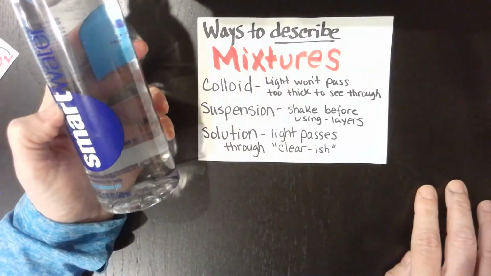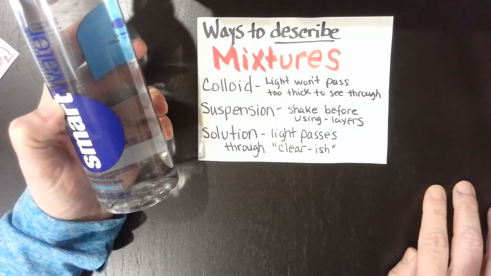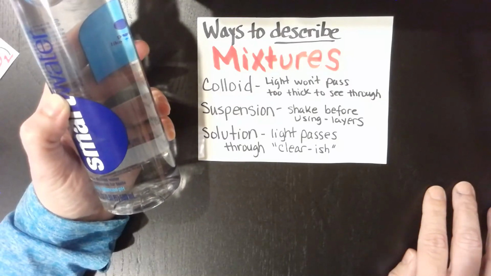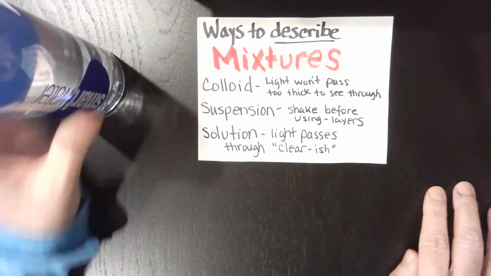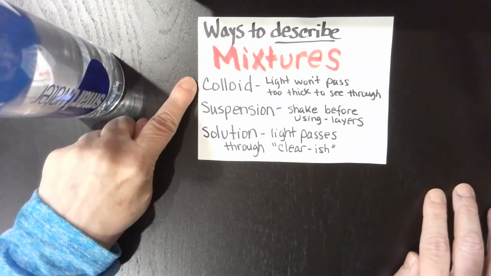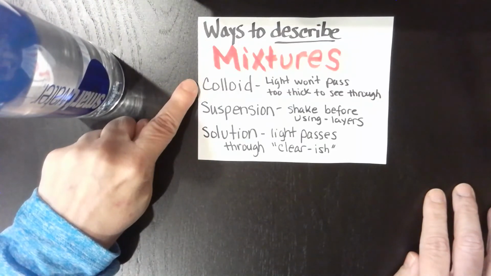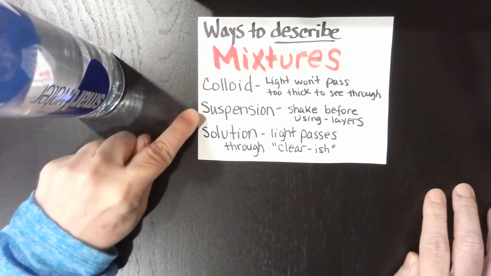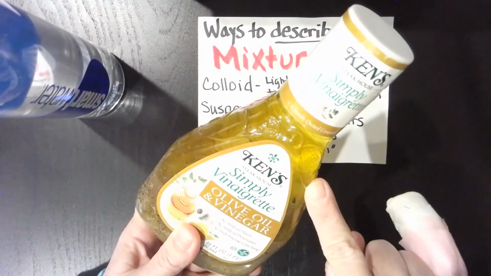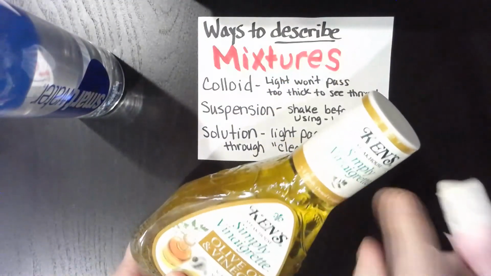And in some of the examples in the test and in the lab, I held things up to the light so you could see, was there any light passing through that would make it a solution, or was there no light passing through? That would make it, or nearly no light, that would make it a colloid. And then again, a suspension could have some light that passes through, but the fact that you have to shake it